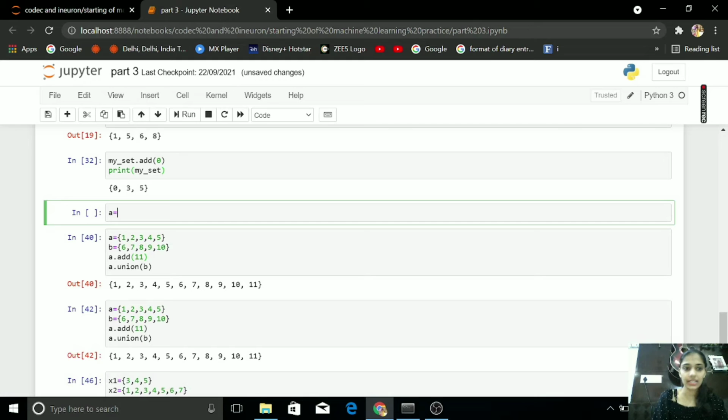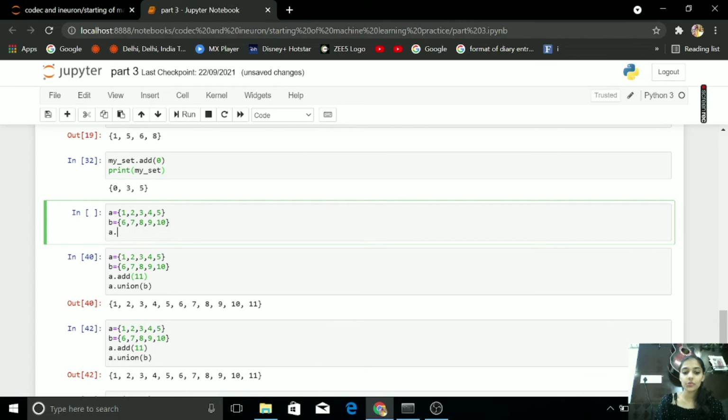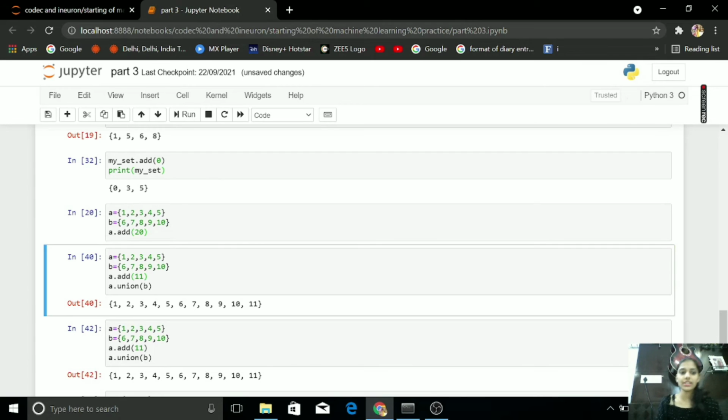I am taking A equals to 1, 2, 3, 4, 5, and B equals to 6, 7, 8, 9, 10. If I want to add here 20, let's run it.